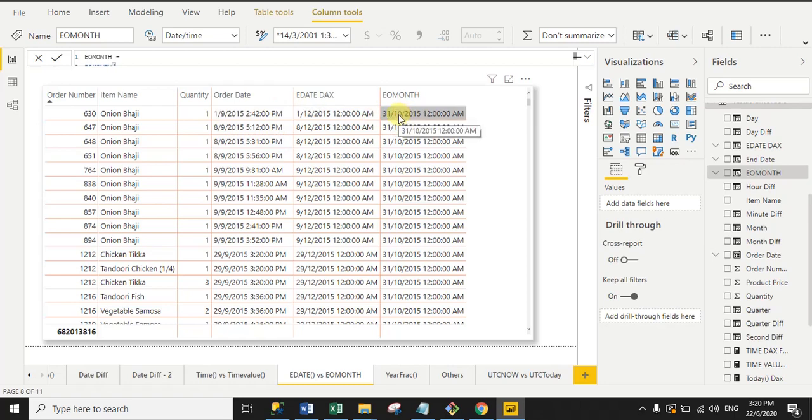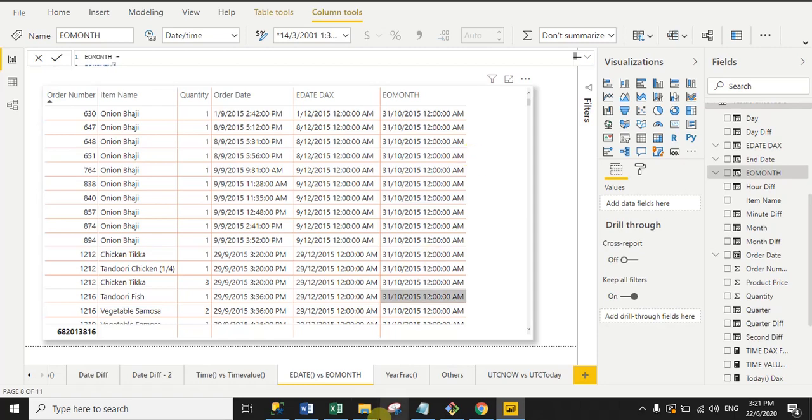October 31st, because you know very well in October we have 31 days, right? Same here, my next date is 8/9/2015. So 9 means September. I added 1 month, so in October we have 31 days. So that's why it will expire all my orders on 31 October 2015, right? So that's why the DAX function name is end of month, right? In October we have 31 days. So hope you clear how end of month works in Power BI.